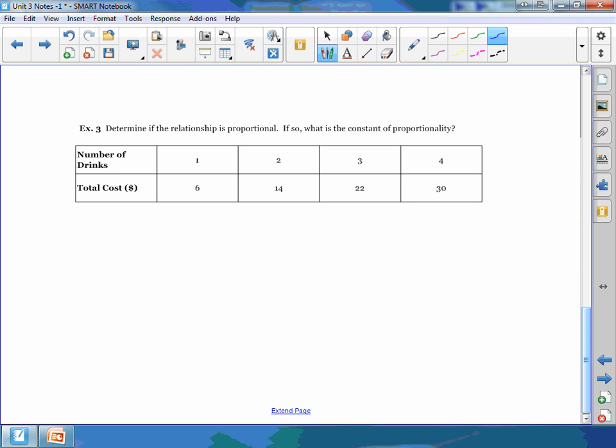Oh, you buy 3, we're going to charge you over $7 per drink. Now, it's like the more you buy, the higher the unit price, and that is not going to happen. Well, it might happen. It's just not good if it does, okay? So if it's not a proportional relationship, then you can't find a constant of proportionality because it does not have a consistent unit rate. Turn that over.